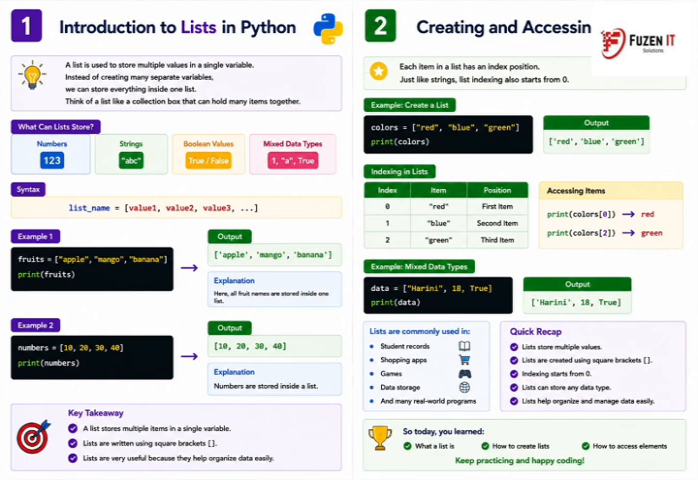So, a quick recap: a list stores multiple values, uses square brackets and supports indexing. Today you learned what a list is, how to create lists and how to access lists. So keep practicing and